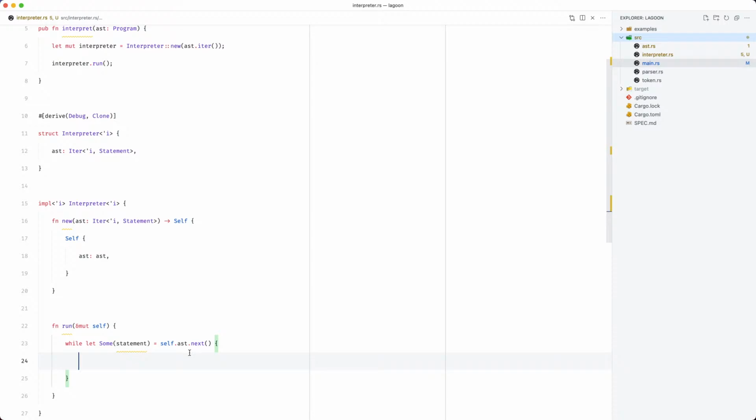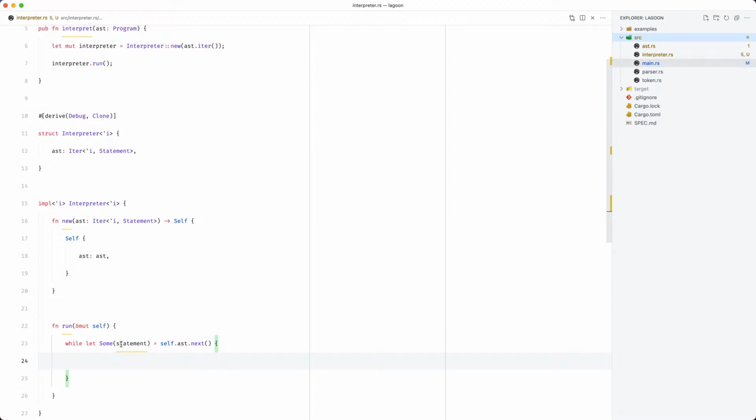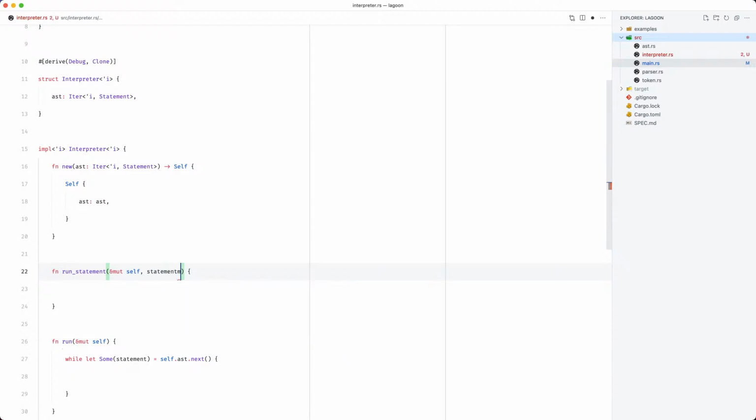It removes the item that you're receiving from the next method. While there is some statement in our AST, we want to run that. So let's create another method here called run_statement. And we're going to pass this statement in. Perfect. We can just say self.run_statement.